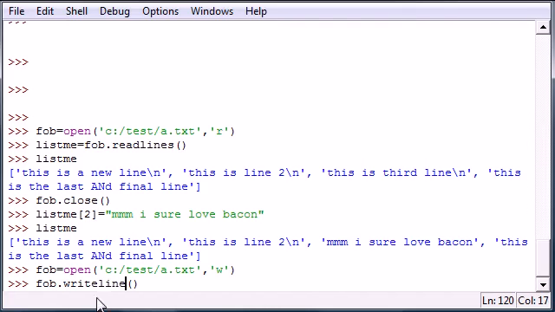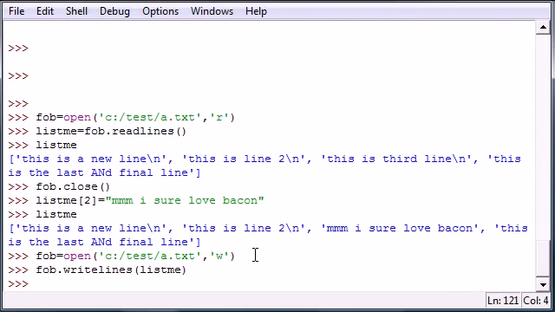Actually, that brings me to a point. There is no writeline function, because if there was a writeline function, it would just be write, since that's what you're doing, writing a line. There's only a writelines function in order to write new lines. So what do we want to do? Add as a parameter to write multiple lines. Well, all we have to do is put the name of our variable listMe, since we already have a list of brand new lines. So let's go ahead and press enter, and what it does is once we close this,